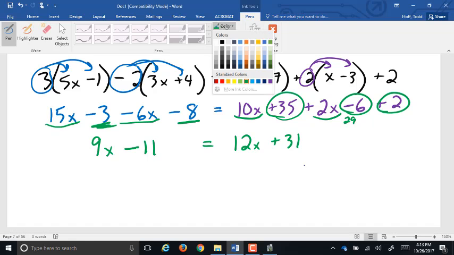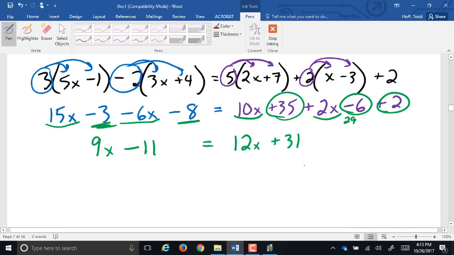Now we have to get rid of one of the x's. Which one do we want to get rid of? The 9x. How do we get rid of it? Subtract 9x. We have to subtract it from the other side as well, so we'll subtract from the 12x. This is a negative 11 here. Since it was minus 11, it's a negative 11. 12x minus 9x,